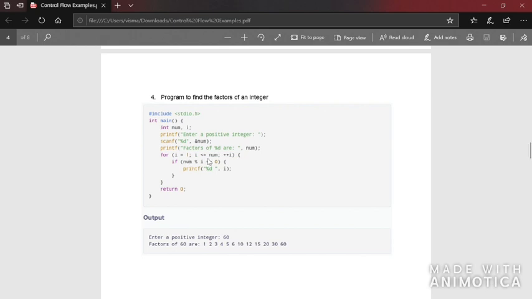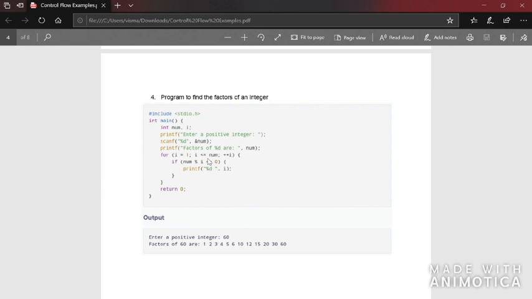The condition given here is once it reaches the value stored in num. In our example we have taken 6. So once the value of I reaches 6, or once it goes more than 6, the loop has to terminate. That is the condition. If the input is 6, then I should consider numbers starting from 1 to 6 only. I should not consider numbers which are greater than 6. So that is the condition here.